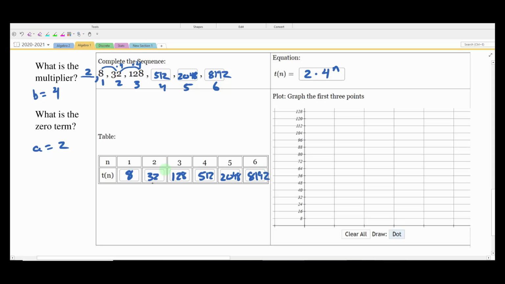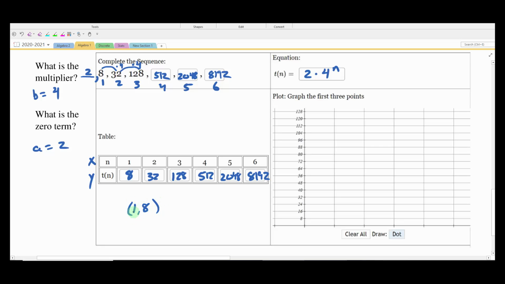8,192. So now we have a table with inputs and outputs, right? So n is the inputs and the t of n, those are the outputs for our sequence, all right? Now when we go to graph this thing, the x-axis down here, this is where our n's are going to go. So you can kind of think of the n's as the x values and the t of n's as the y values. So when I plot this, right, like this first point is going to be at 1, 8,